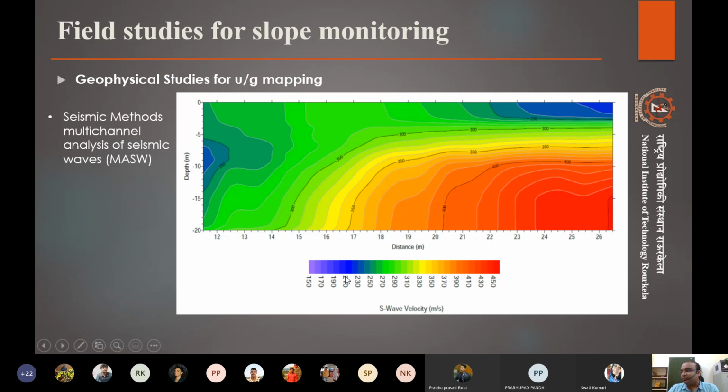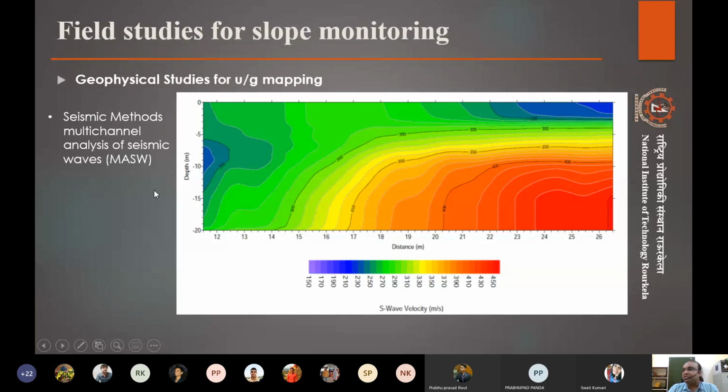Initially, the S wave velocities were all in the green and blue zones, in the range of 150 or 200. After our work, you can see it has increased to 400 plus. That was quite a good improvement, and that was the aim of the whole work, so that was achieved. These kinds of analysis help in knowing what is going on, right?